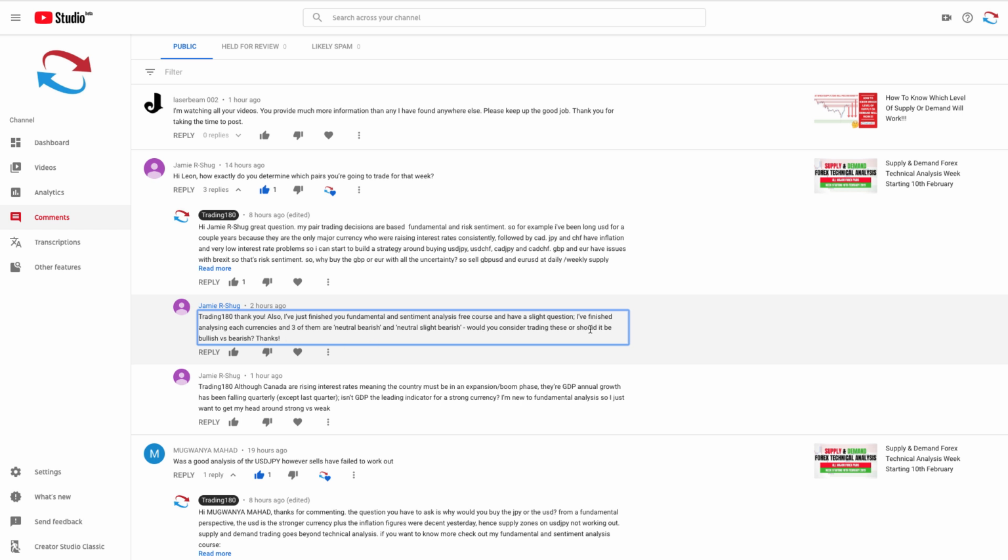Well, typically, from an idealistic perspective, you would want to be trading bullish versus bearish, but you want to try and make money along the way. Now, if there are two currency pairs that are neutral slight bearish, or neutral bearish, and you're looking at them, let's say for example the Swiss franc versus the Japanese yen, and they're both on my sheet, which is my Excel spreadsheet, they're both neutral bearish,